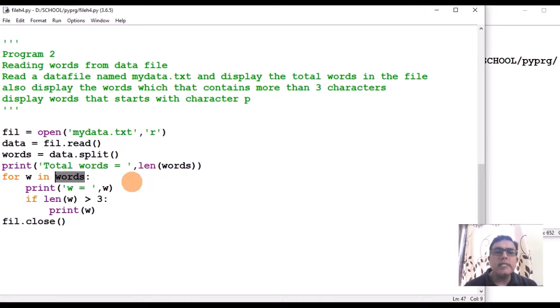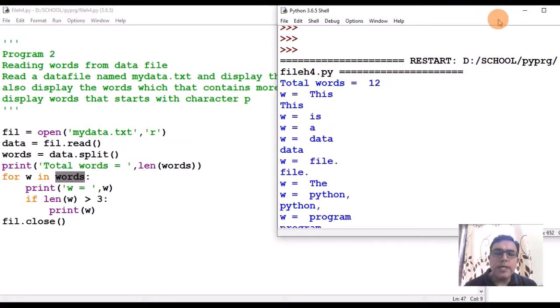Now words is a list of strings, so each element within this list is a string, so W is a string, right? After displaying the contents you are checking if length of W is more than 3. So the first time there are more than 3 characters, so it has displayed this, right?